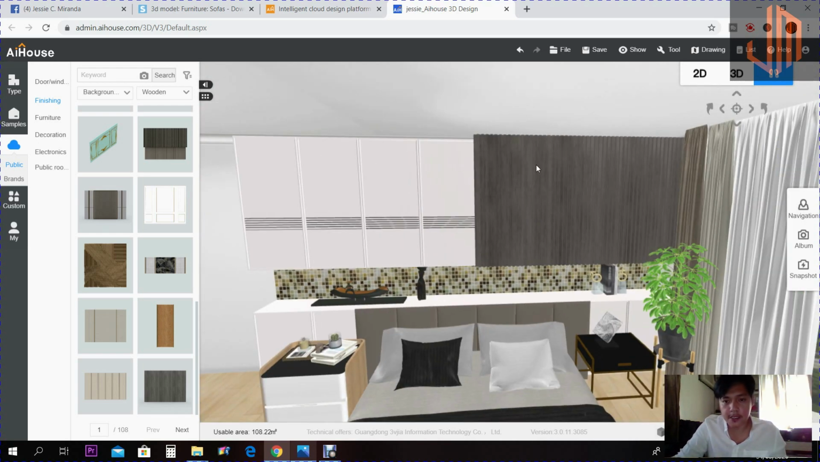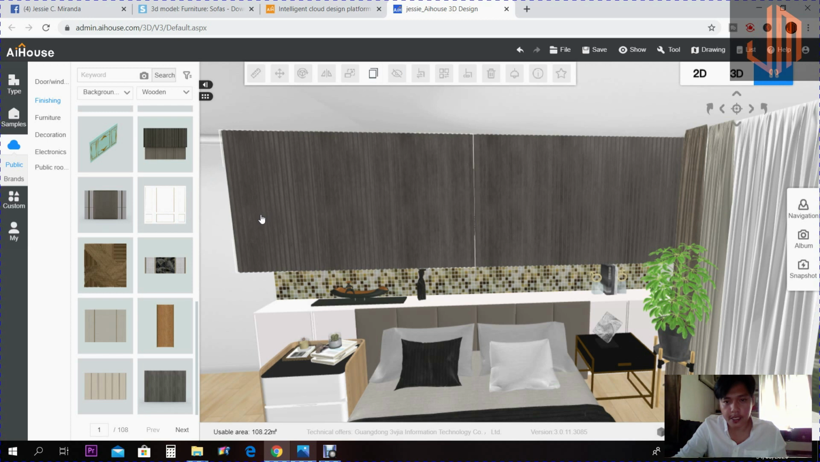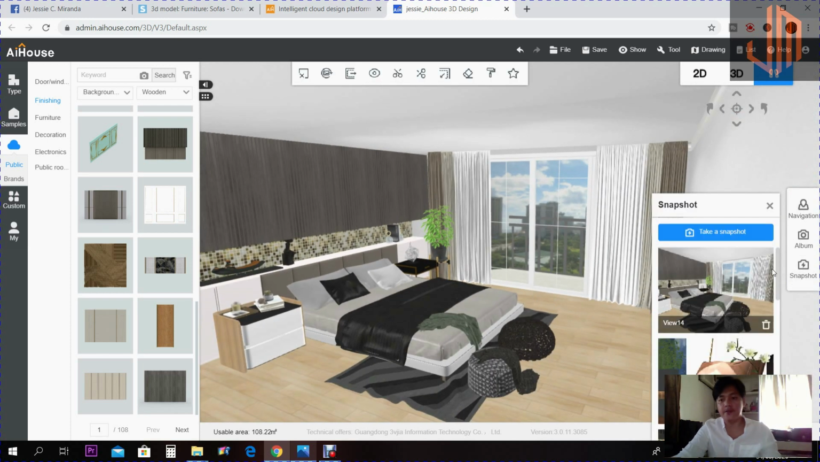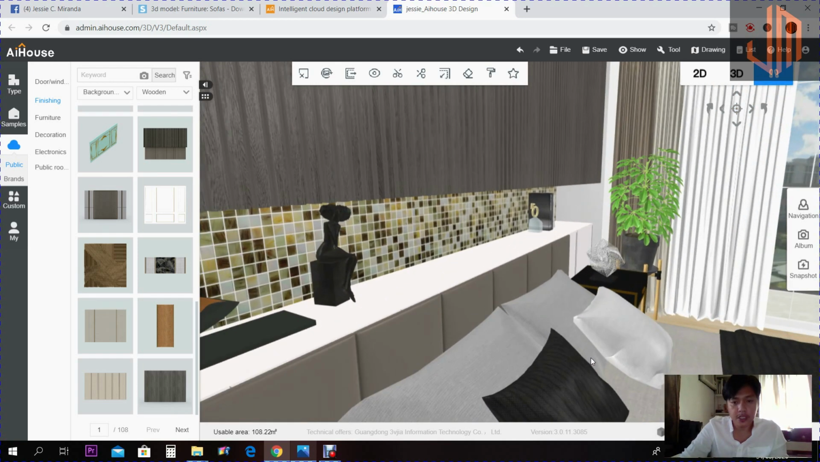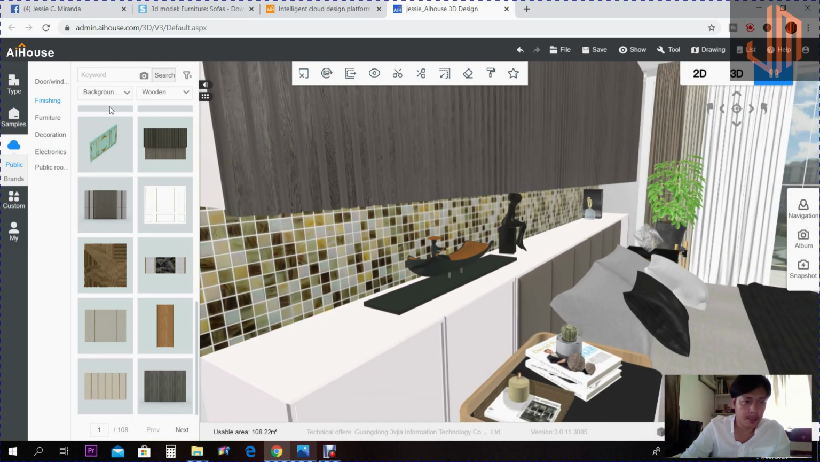So all you have to do is click and copy this one, and then move it here. Make sure it's exactly aligned in its part. So go back to your view, and that's it. If you want to change the materials, we can just go to our